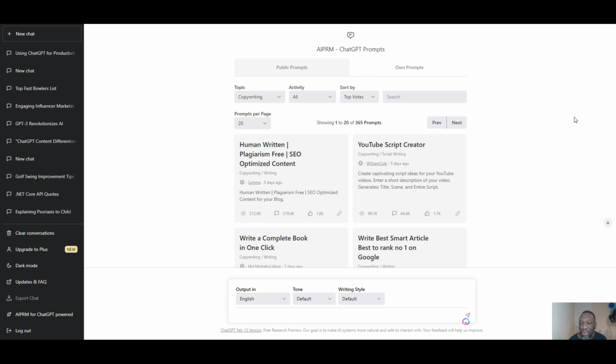AIPRM. It's a plugin, well, should I call it a plugin? It's an extension you put on Chrome. Plugins are for WordPress, but this is an extension you put on Chrome. It's totally free. And the great thing about this is that it mimics what you have in another fantastic